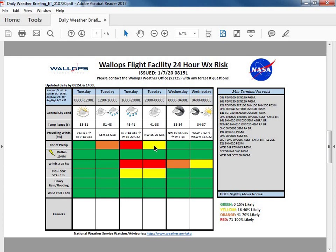Winds will become breezy out of the northwest at 15 to 20 knots, gusting to 34 knots during the late evening hours as that area of low pressure develops off the coastline. Moving to tonight, we'll see a low of 34 degrees. More of a west-southwesterly flow to our winds tonight as that Arctic boundary starts to approach,